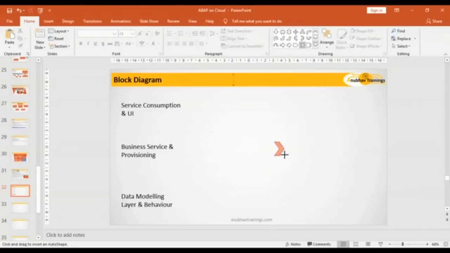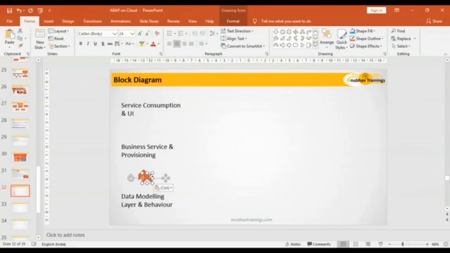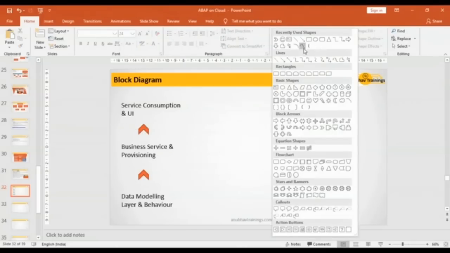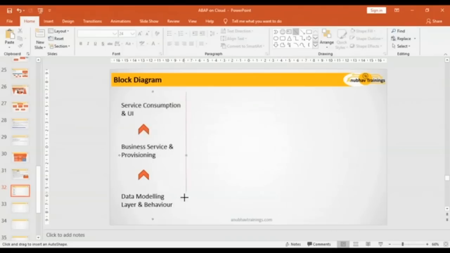So just let me write like this. This is the flow of development. It's a bottom-up approach which we will be using for development. Now, what all comes under the data modeling layer? Let's talk about that. So under the data modeling layer,